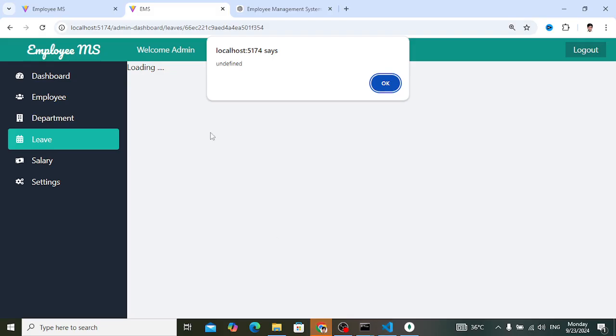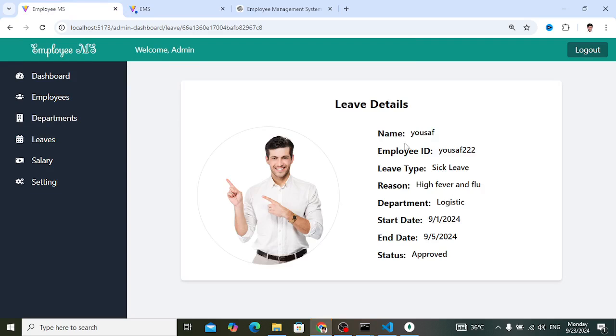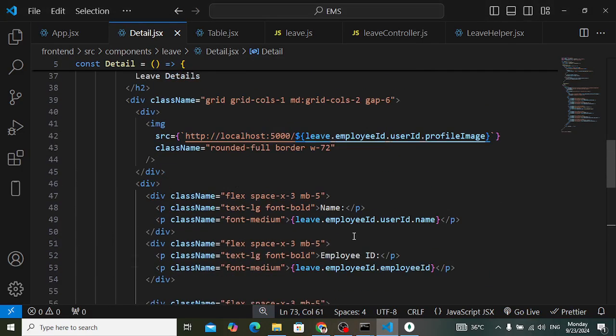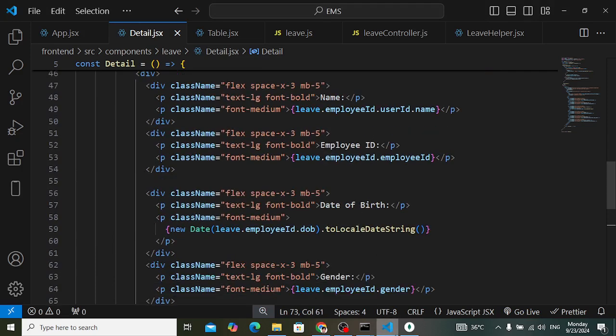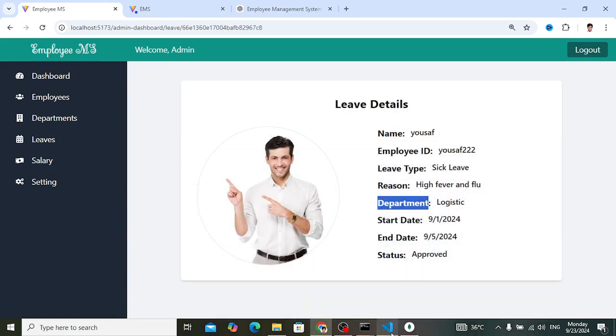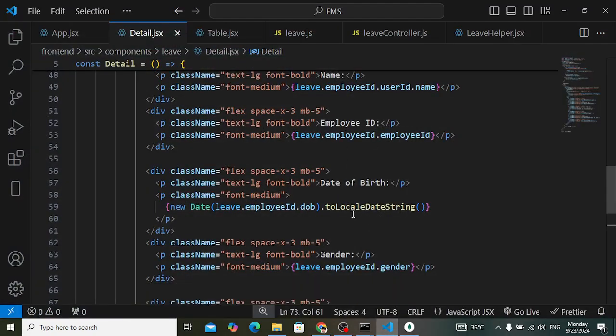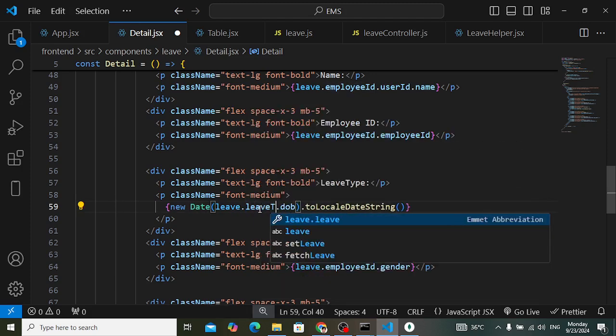Okay, which information we need to display? We want to display the name, employee id, leave type, reason, department, start date, end date, and status. So first of all the profile image, then the name, employee id, that is okay, and then leave type. So let's display the leave type. Instead of date of birth I will display leave type, leave dot leave type,